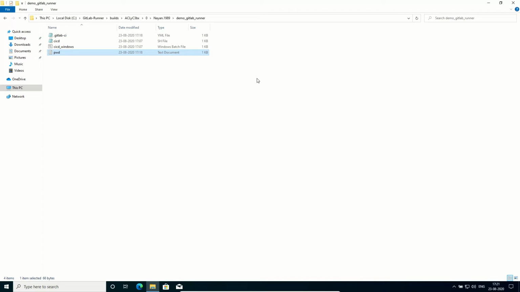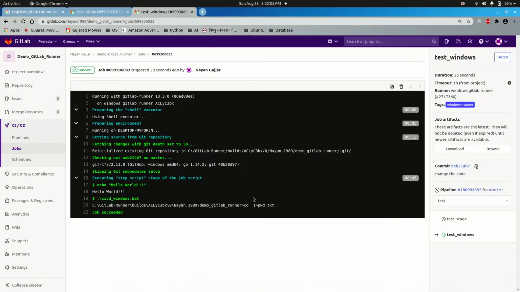Once you confirm this, you need to write the .yml file that we have written. After writing that .yml file, you just push the code to the branch, and as soon as you push the code to the branch, the pipeline will be executed automatically by the runner. So this is how you can work with a CI/CD pipeline on a Windows target machine.